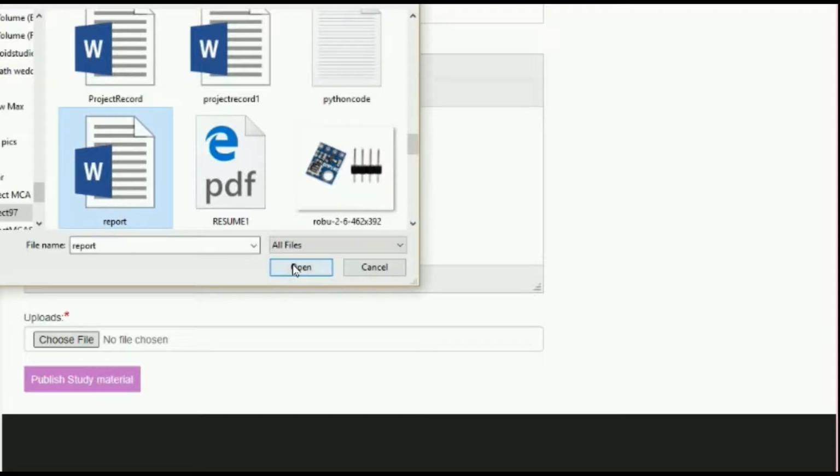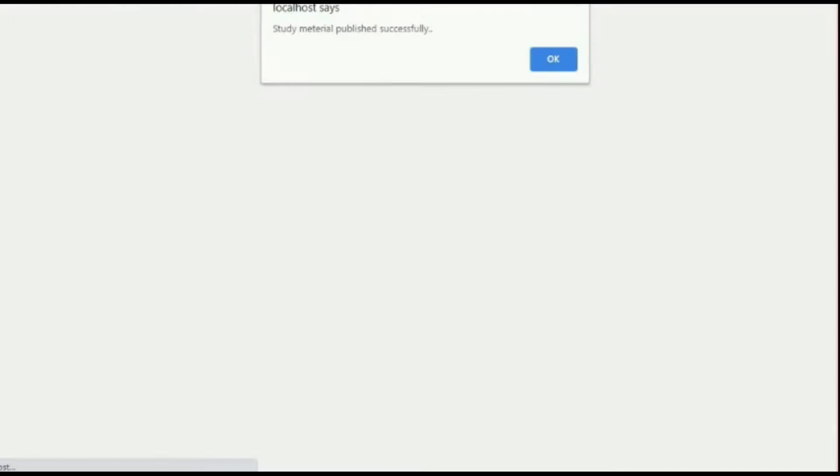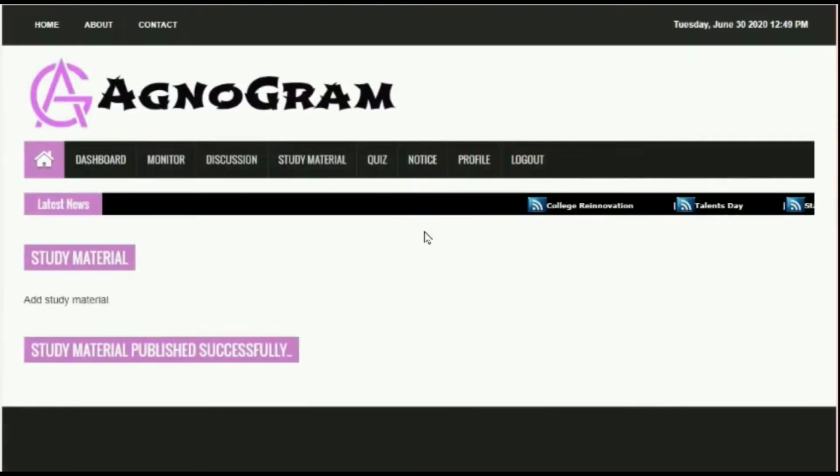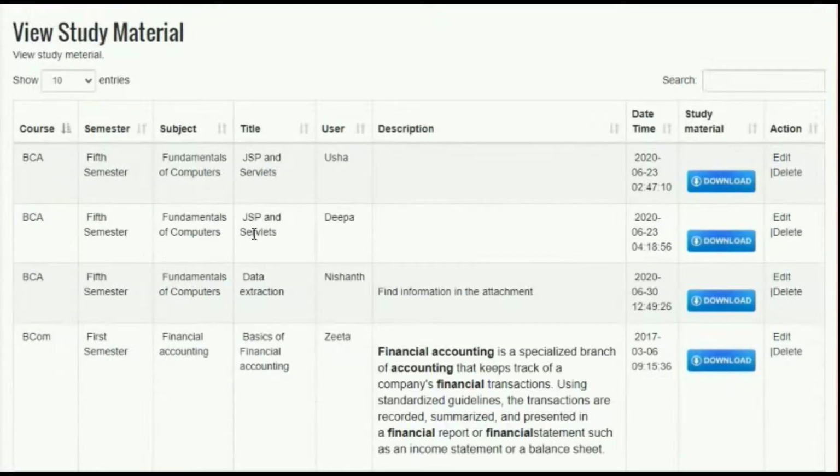Once the study material is published, it can be viewed under View Study Material. Staff can also view the study materials uploaded by various other staffs. They can also download. They also have the action to edit and delete.